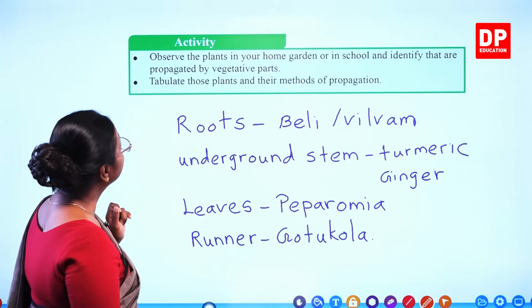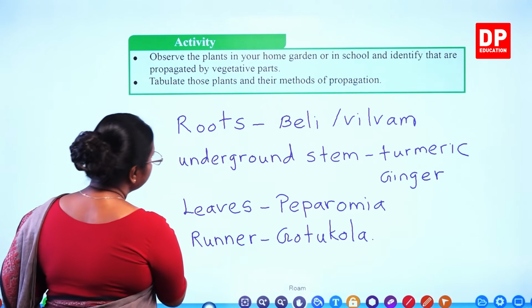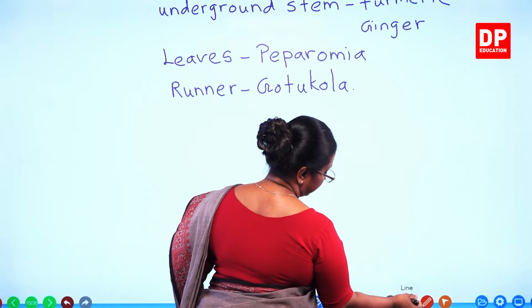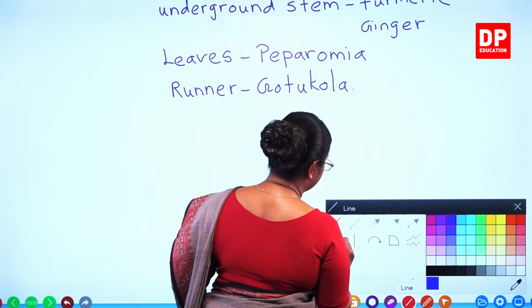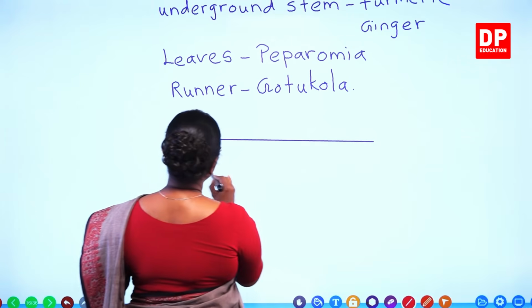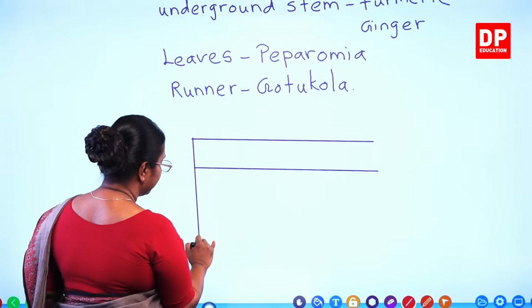Then you tabulate those plants and their methods of propagation. So of course you can put it into a table. You can have 2 columns. This is something that you all know, students. I really don't have to do it out for you all, but just to show you all. Now you can make it into a table like that,